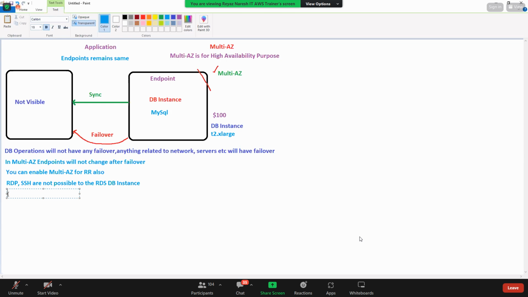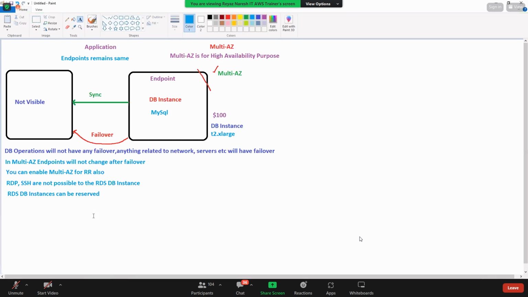Now let's say, for example, if I reserve this T2 XLarge and I'm paying $100, and I reserve it for 1 or 3 years, can I get a very good discount here, like 75%? Yes. So your RDS DB instances can be reserved.